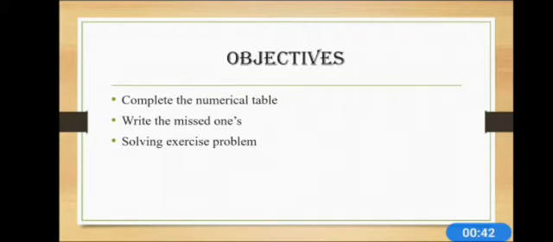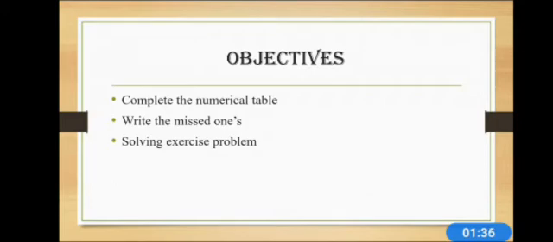So in the previous session, what all have you learned? How to count the numbers and write the missing numbers in the numerical table. And also you got to know what is meant by a century. So century means 100. Now let's move on to the session and get to know more about how to fill in the numbers that are missing in the numerical table, which are in a zigzag manner.